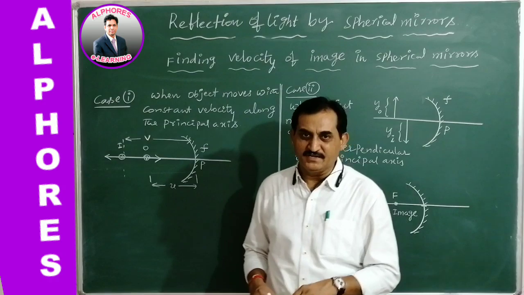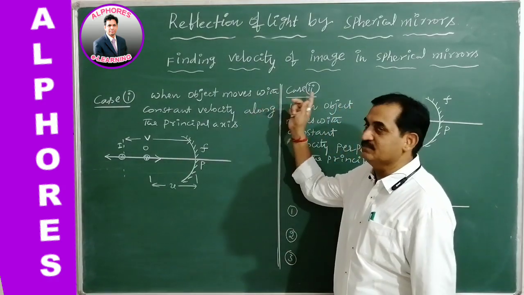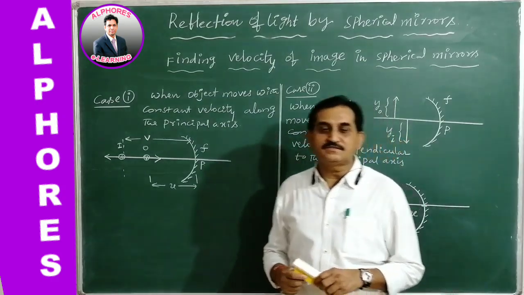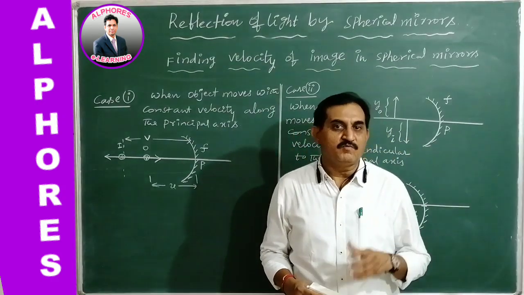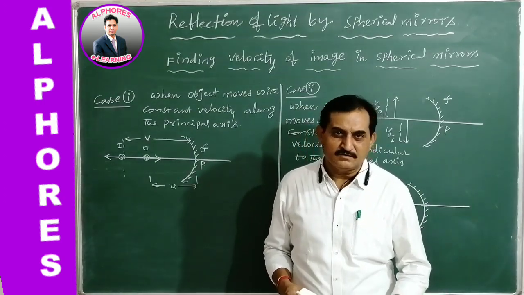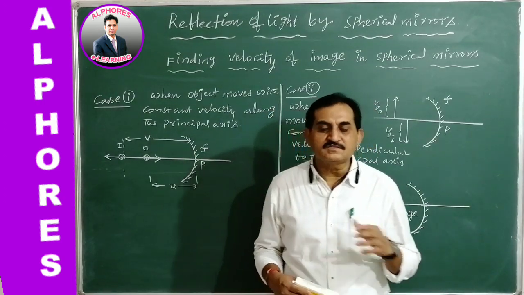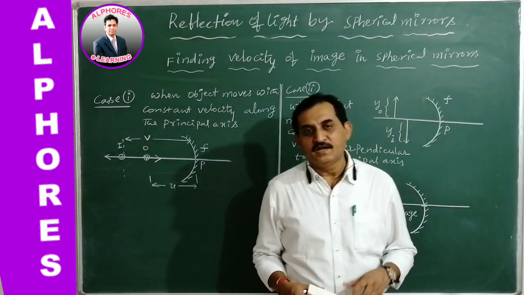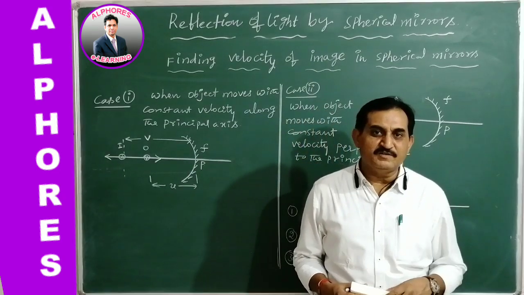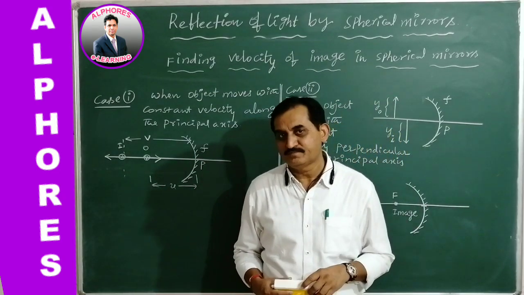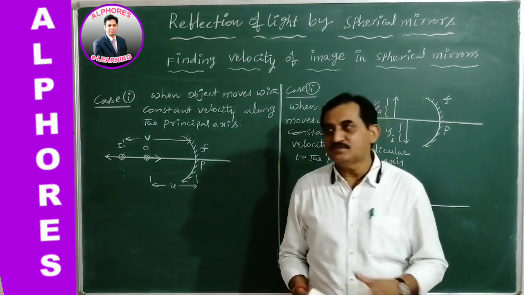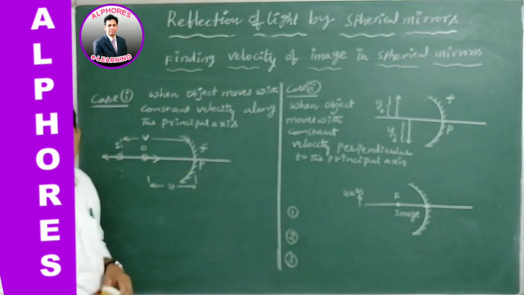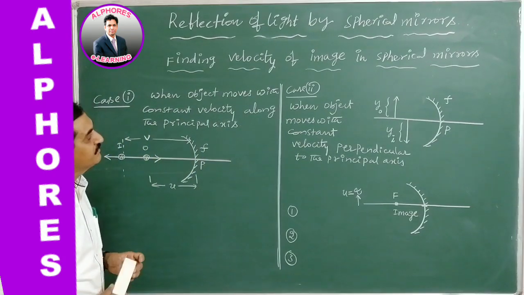In the similar manner, we are going to find the velocity of image in spherical mirrors. Whatever formulae we derive in this case are valid for both spherical mirrors, using proper sign conventions while solving the problems. Next, we start with the concave mirror for the derivation, for our convenience.